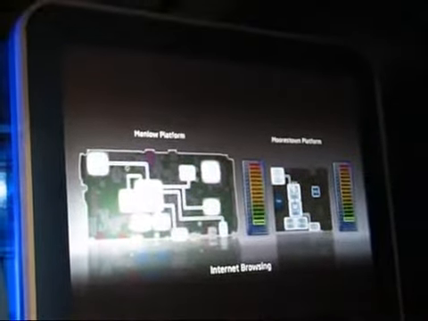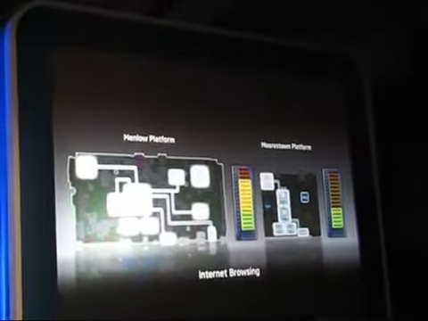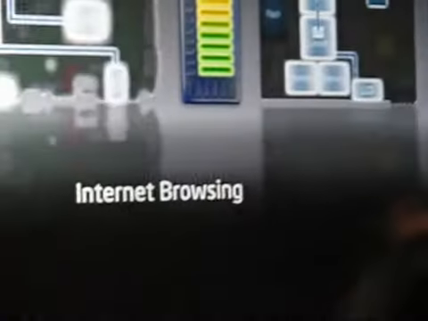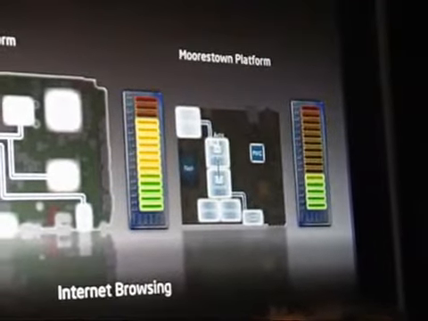See, right? The way to decode these pictures, when they're bright, it means they're actively consuming power. When they're not bright, they're not consuming power. So if you look at the Menlo platform, it's very bright. A lot of the blocks are bright. You look at the Moorestown platform, many of the blocks are bright, but they're not as bright as on the Menlo side. In fact, if you look at the power consumption on Moorestown, it's roughly a little less than half